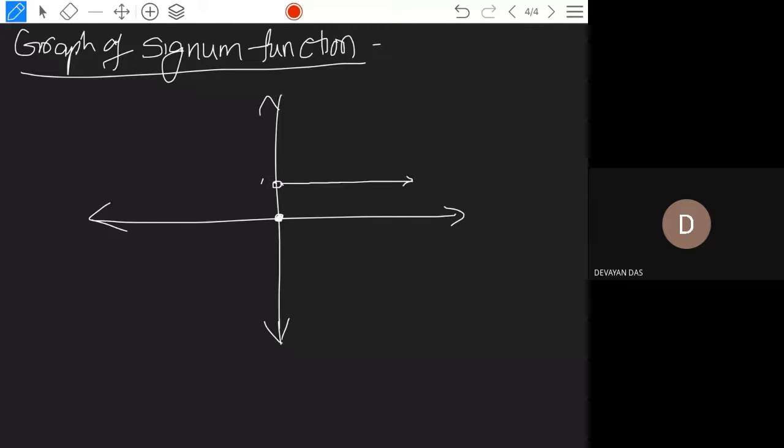And here, if you take the point as minus 1 at this place, and this side will be there. This is the graph of the signum function. And see, this graph is not continuous. It has split. From the left-hand side, all the numbers will be there, this part, then one point, and then from here onwards another part. This is the graph of the complete function. Did you get my point? Did you understand?